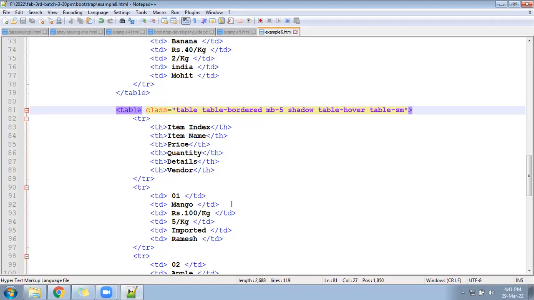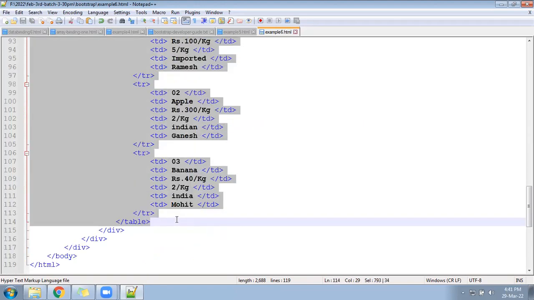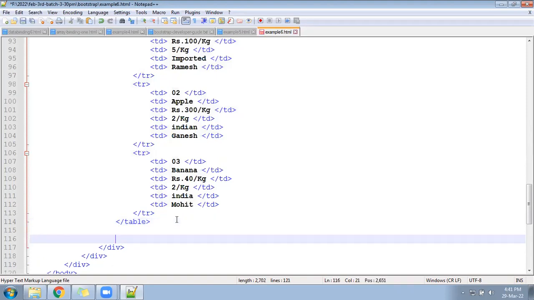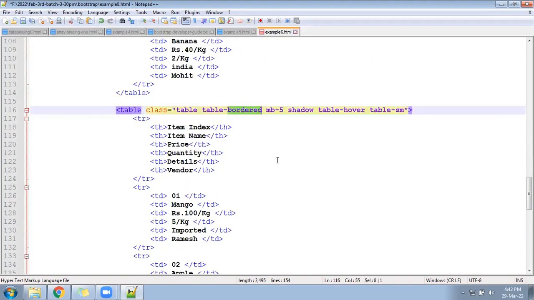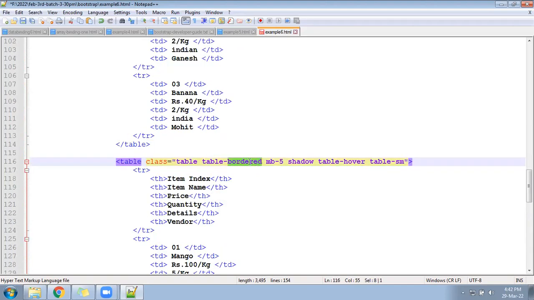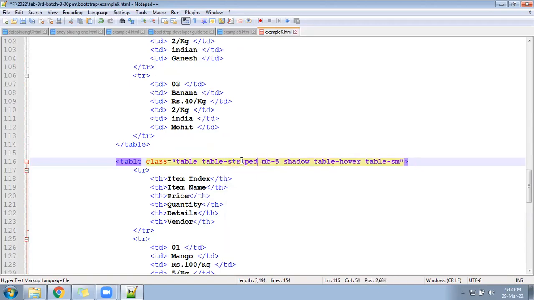Okay, let us go next. Copy the same table and paste after this again. In that, the table border is there. You remove the border and replace it with striped.